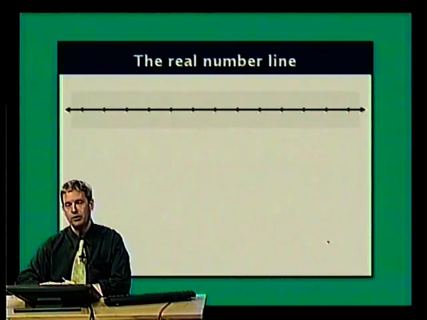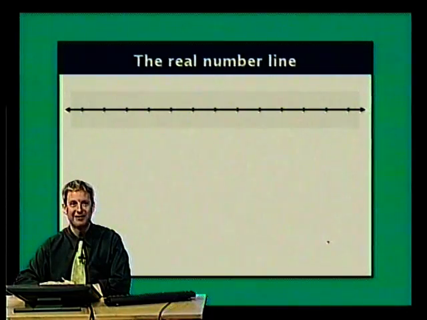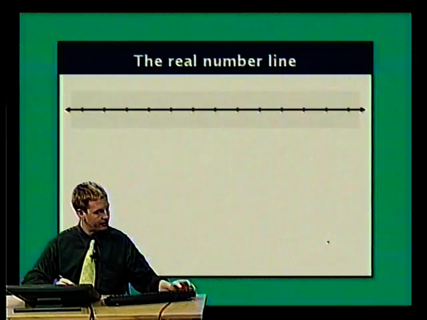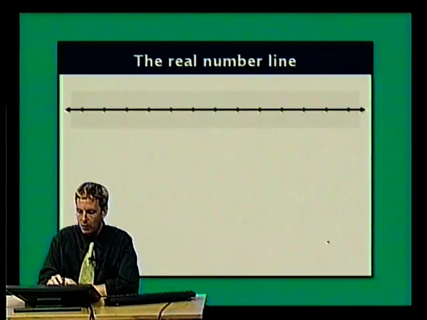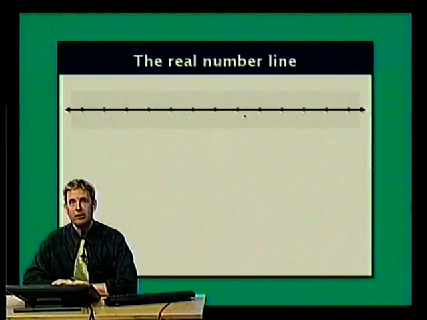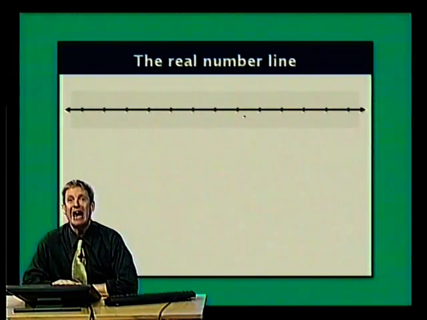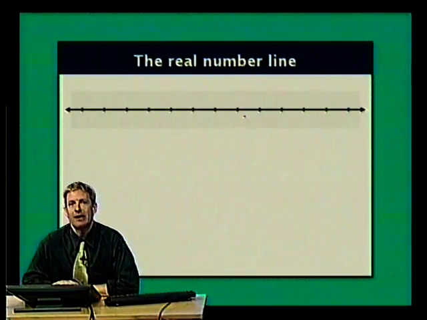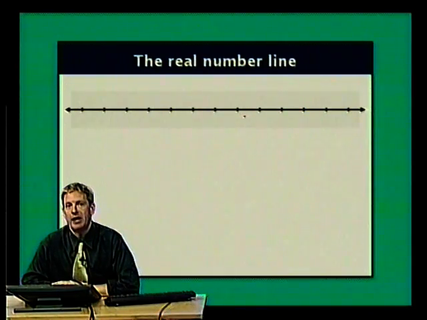It turns out that there's another type of real number, but before we launch into that, I want to do a little bit of a discussion about the real number line. To create a real number line, I need to start with a line. And on the line, I draw what we call tick marks. And tick marks are what these little marks are right here. And what I need to do is I need to decide a scale for my number line. And what that sort of means is I need to decide what numbers I'm going to associate with each tick